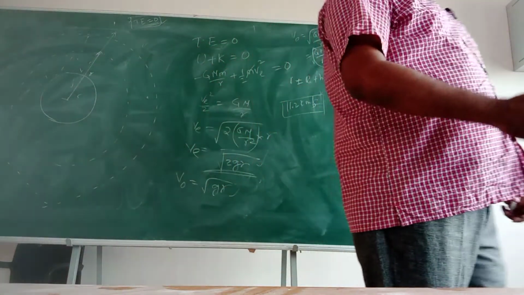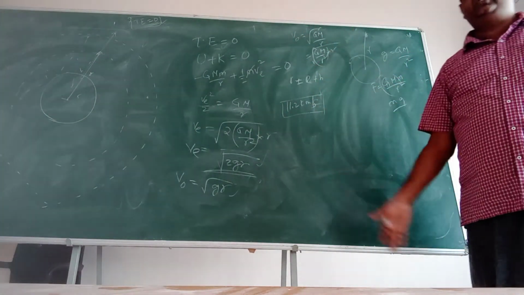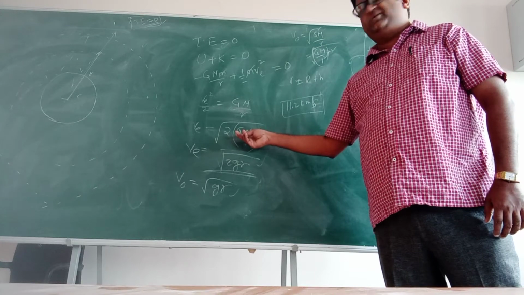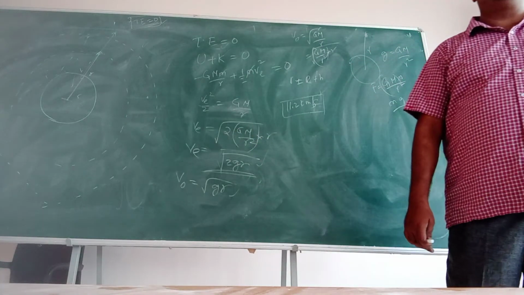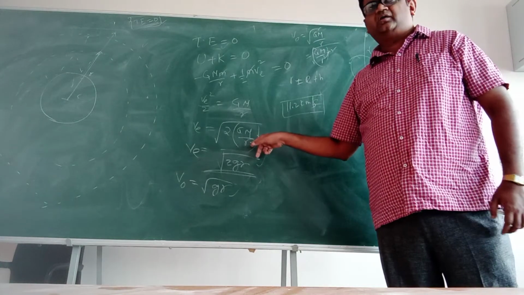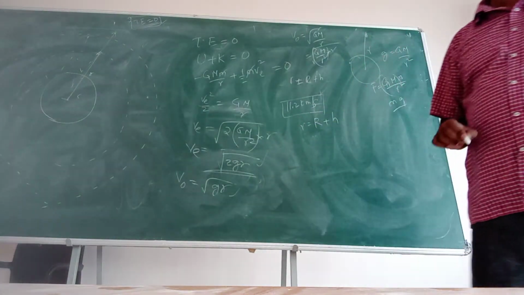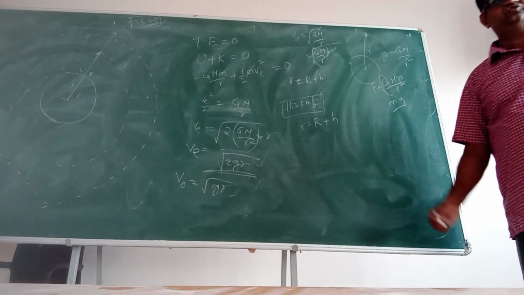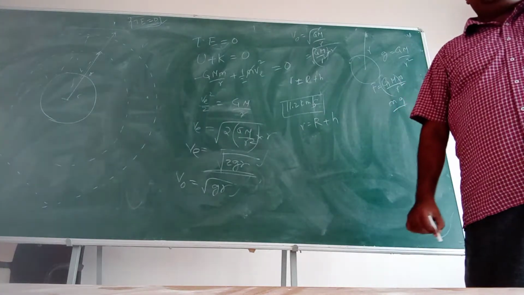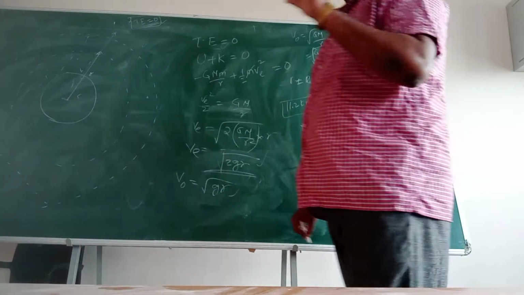So the escape velocity from the surface of Jupiter, is it 11.2? No. You have to do the same procedure, but here the only difference is that when you are writing this, the g value remains the same, but here the mass of Jupiter you should put. And this small r, what is this small r? Small r is equal to R plus h, whether you project from Jupiter or from the Earth. But when you are calculating on Jupiter, you should put the Jupiter radius. So note this small difference.